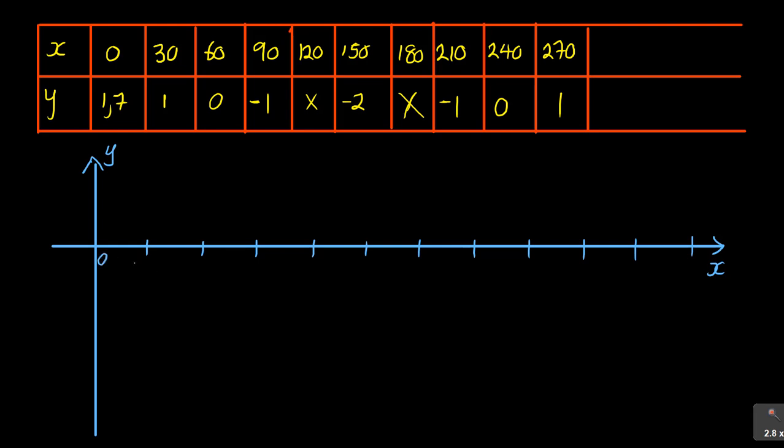So you have 0, we have 30, we have 60, we have 90, we have 120, we have